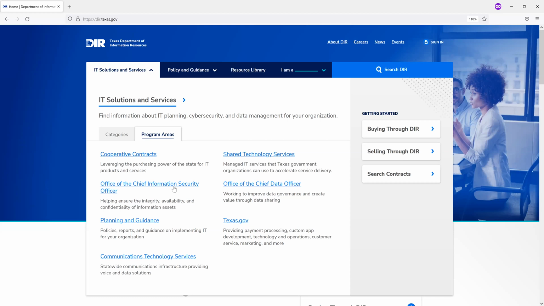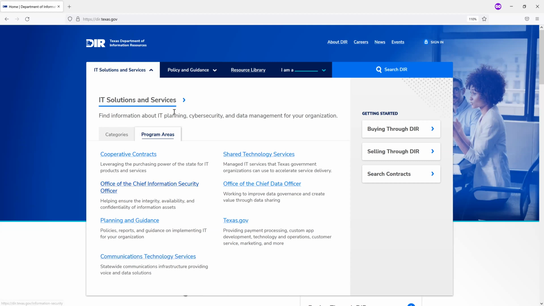We have our OCISO, Office of the Chief Information Security Officer. They will have your security and planning and guidance, things of that nature. We have texas.gov, shared technology services, communications, or our previous telecom section. So you'll see a lot of information and resources on each of those pages, and we'll get into that as we go through.